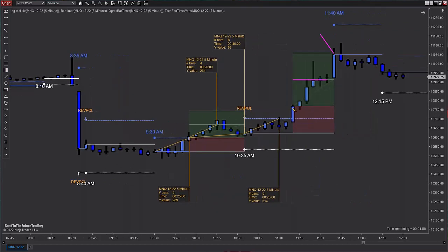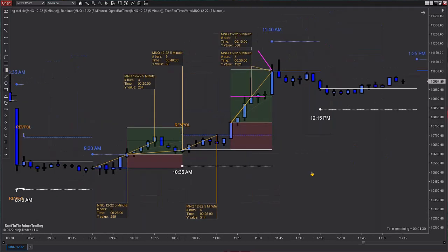So we would re-enter here, and then we'd run that puppy all the way to here. Bam, just made up for it. Because sometimes, as Michael would say, sometimes the banks don't show up. There is a history of institutions, big money selling at 9:30. That doesn't mean that they're going to. Sometimes they're like, haha, suckers, just like they did here and here. But there's a way to re-enter.